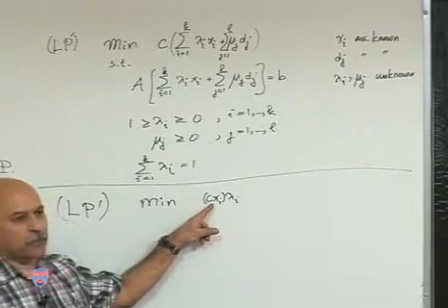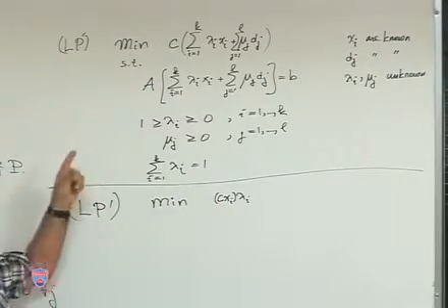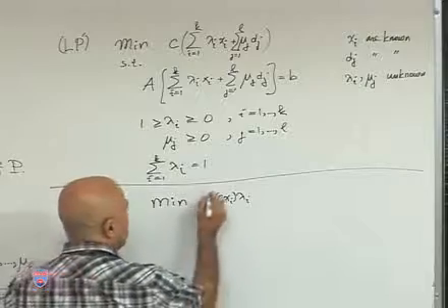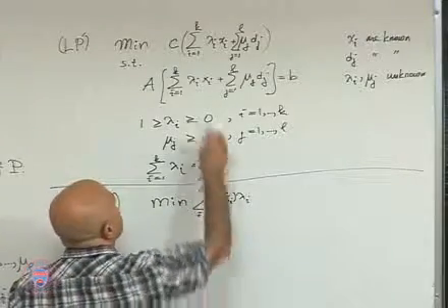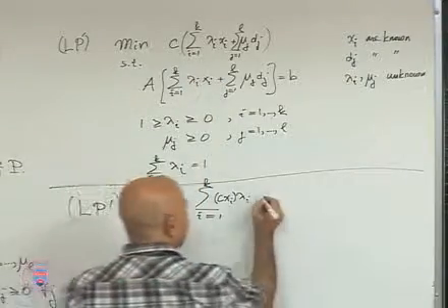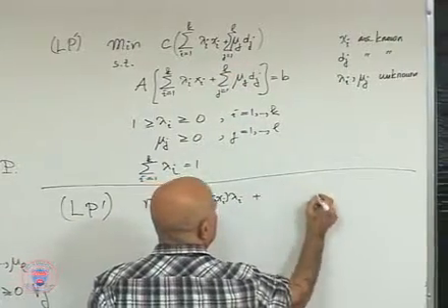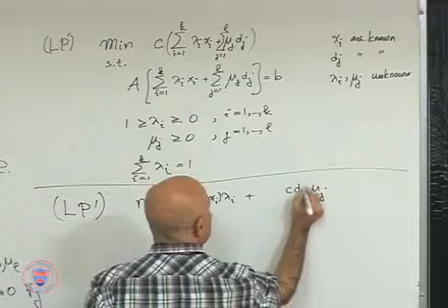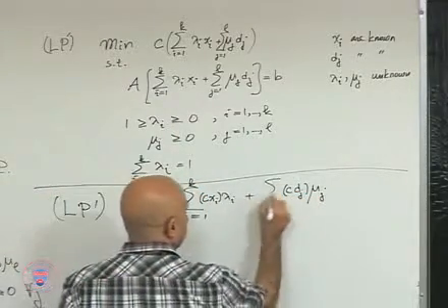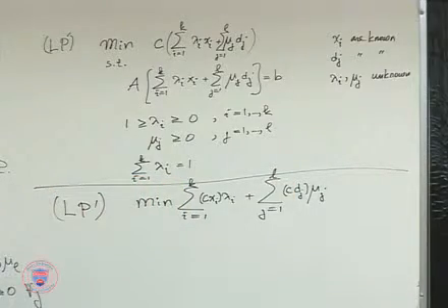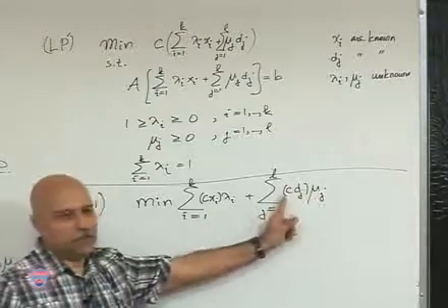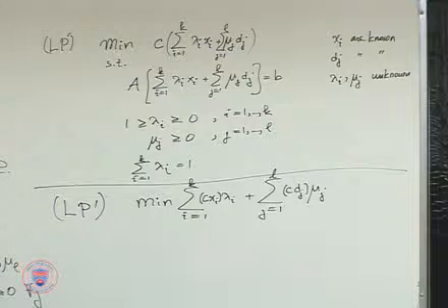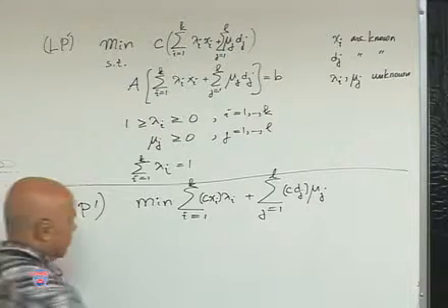So the number in the parentheses is just the value of the objective function at the ith extreme point. C times xi, that's what it is. And of course, you've got the summation, 1 to k. I just multiplied them out. Plus, I multiplied out the second part. So for mu j, my coefficient is c times dj. And then, of course, you've got j going from 1 to L. So, unknown times a known coefficient, unknown times a known coefficient. These known coefficients are extracted from the extreme points as well as from extreme directions, assuming that you already know them conceptually. Subject to,